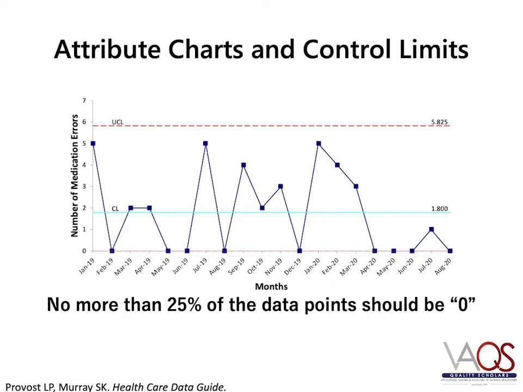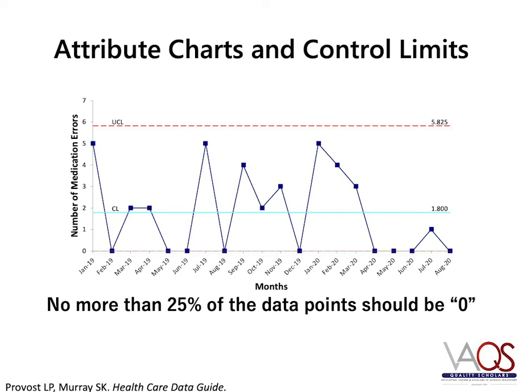In this example, we see a C-chart where the measure of interest is medication errors. As you can see, there is no lower control limit, as it is not possible to have a negative value for medication errors. Knowing that fewer medication errors is the goal, the loss of the lower control limit means that the team working on this project will not be able to use a point below the lower control limit as one of the signals of special cause variation. The team will only be able to use shifts below the median and trends to monitor for system improvement.